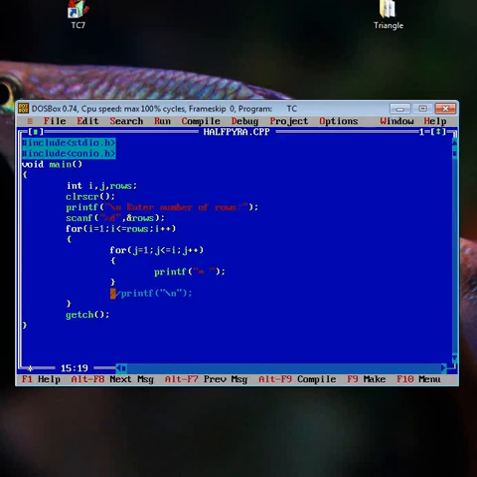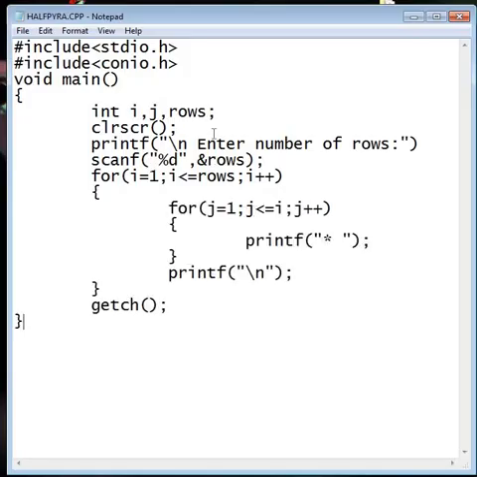So what is the benefit of the new line? See this. This is the outer for loop. Suppose you have entered 5 for row. So I can describe it here also. Suppose the row value is 5, and the value of I is 1.